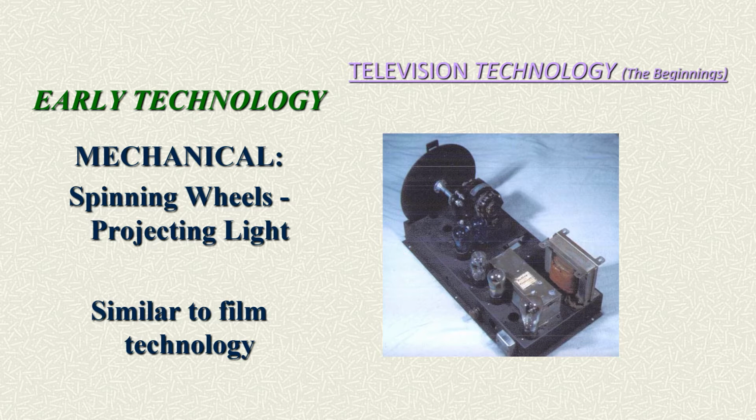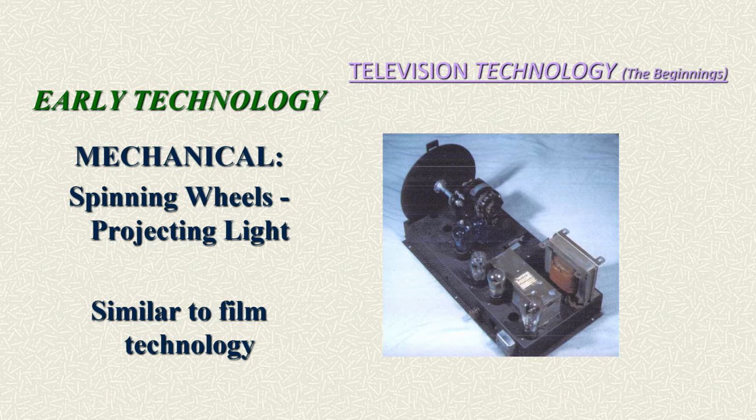And early television technology looked to previous technology as an exemplar. That is film. Film is basically long strips of plastic that is light sensitive that have little pictures on it, and those long strips of plastic are run through something that projects those small pictures, and as the pictures are being projected, the motion of the film suggests that there is motion in those images. So it's really pictures being projected with light onto a screen, and that was the idea behind